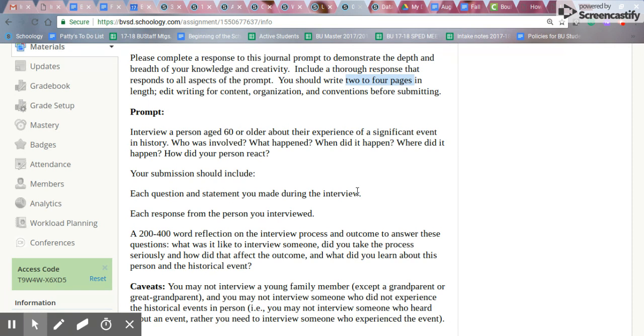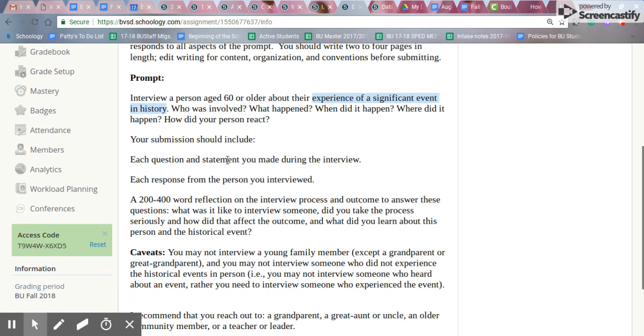And you're going to interview them on the topic of having them explain a historical event to you. Okay. They can talk about whatever historical event that they want to. Doesn't matter to me. They could talk about the riots in Detroit. They can talk about the feminist movement. They can talk about the Iraq War. They can talk about John F. Kennedy being shot. Whatever it is that stands out to them as being something that's really important, that's fine. That's great. I want you to come up with a list of questions to ask your person in the interview,